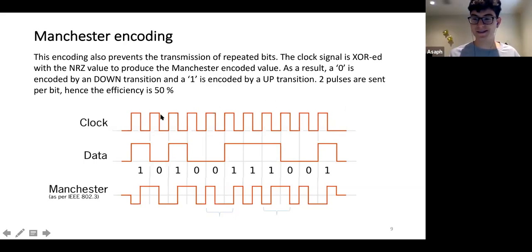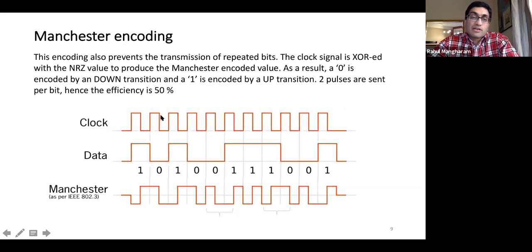Efficiency went down to 50% because I actually could have sent this same data stream at the clock rate, which is what I was doing before, but now I'm sending it at half the clock rate, right over here. So we say efficiency went down by 50%, but effectively, how